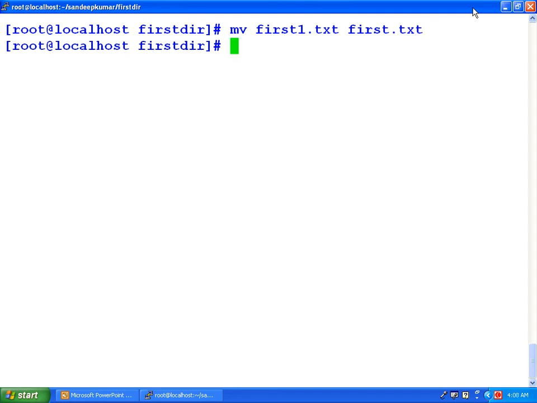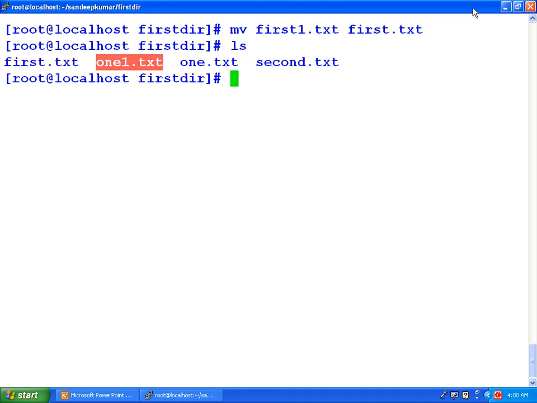Now we press enter. So let us see that the file name has changed or not. So ls enter. See, first1.txt has been changed to first.txt, and like this we can change the names of one file to other file.